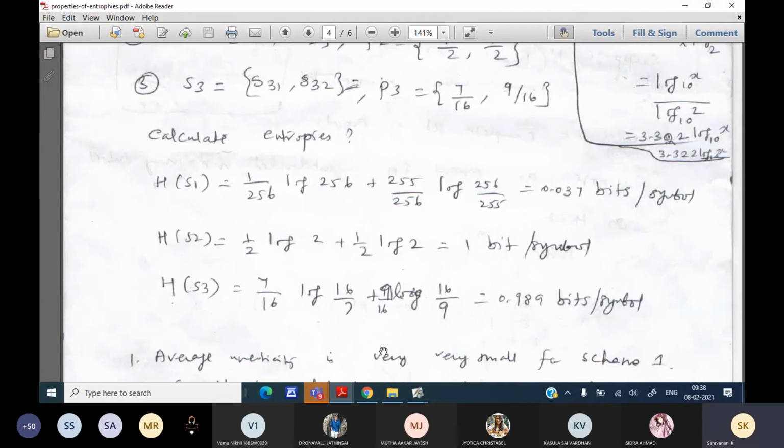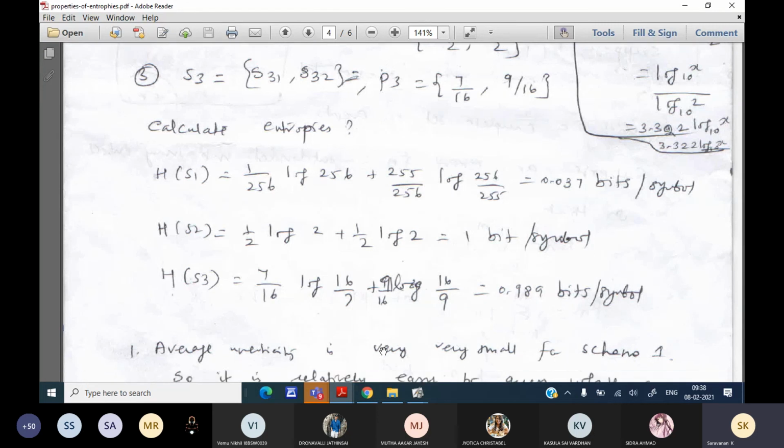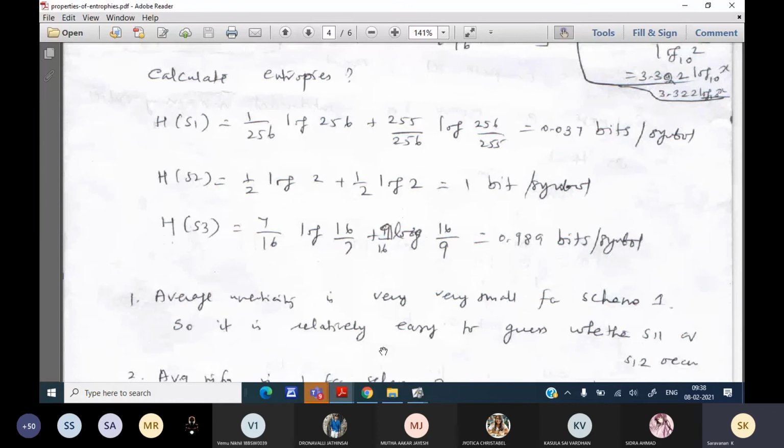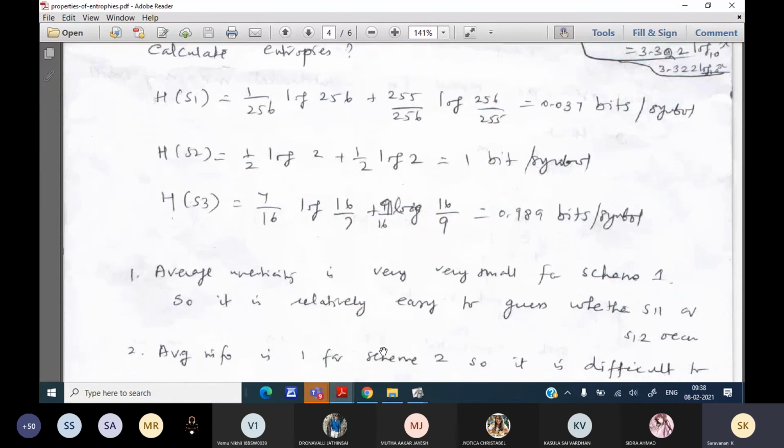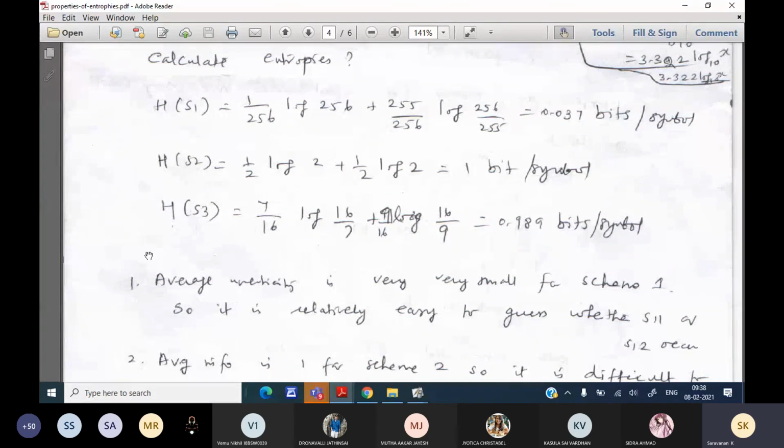Anyway, you do it leisurely. Next class I can continue. We can do a simple problem again. So anyway, these three values you have to get, right? So average uncertainty. From these three you can write this one, right?